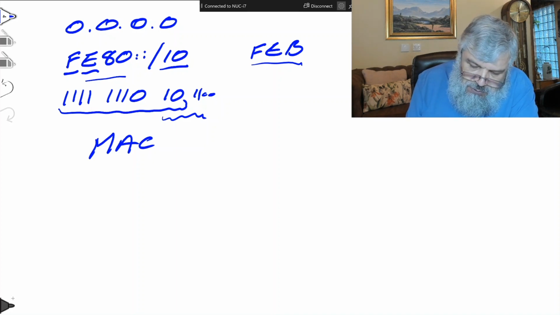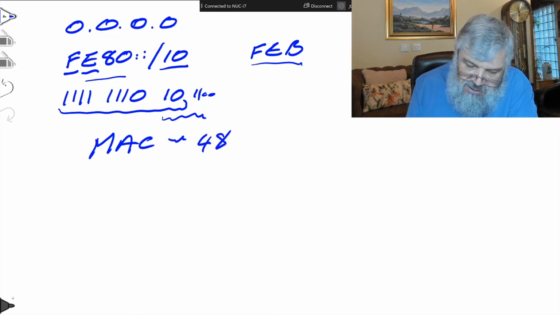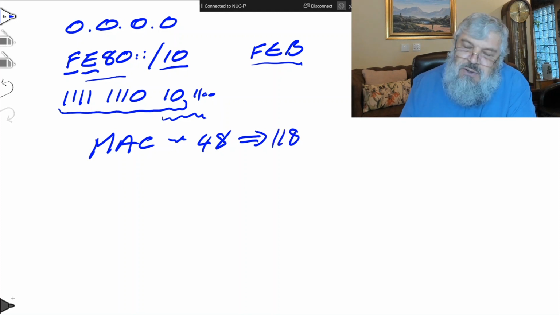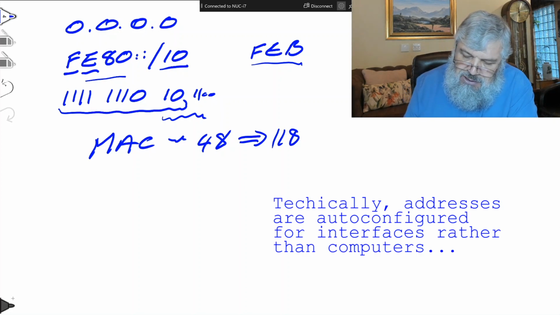So if you use that, which happens to be a 48-bit MAC address, and you push that into a field where you have 128 minus 10, 118 bits available, you can see that it's pretty easy to come up with an address that is indeed unique. So every machine that boots up and has IPv6 configured will auto-configure an address for itself.